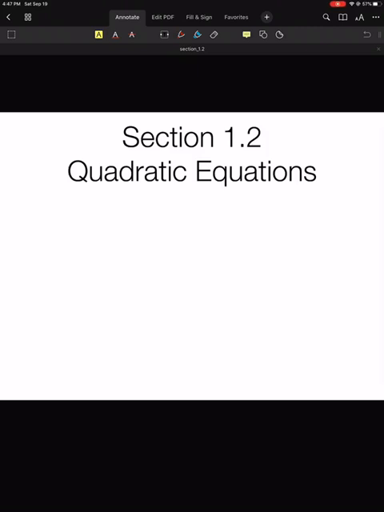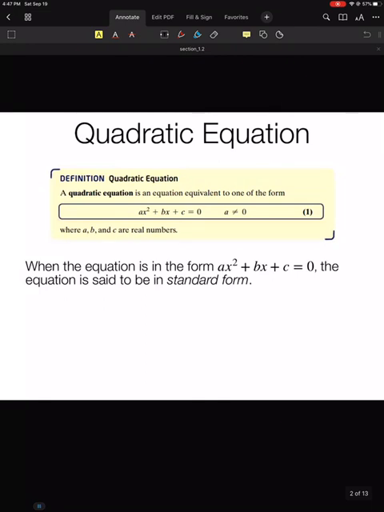Hi everyone. In this video we're going to start talking about section 1.2, which is on quadratic equations. Quadratic equations are special forms of polynomial equations, which is what we did in the past two sections. And now we're going to delve deeper into specific kinds of polynomials and how we can deal with them. So a quadratic equation is an equation equivalent to one of the form ax squared plus bx plus c equals